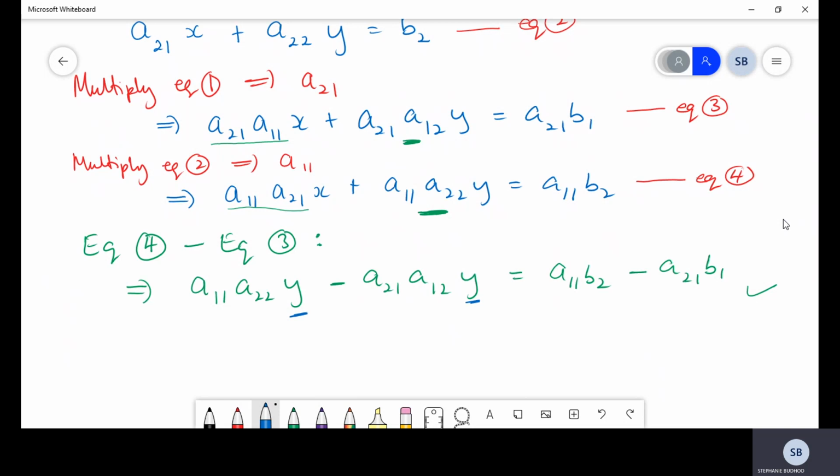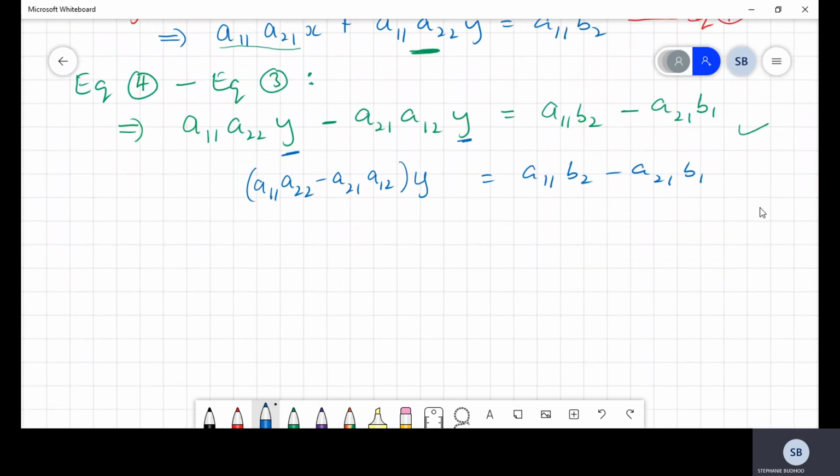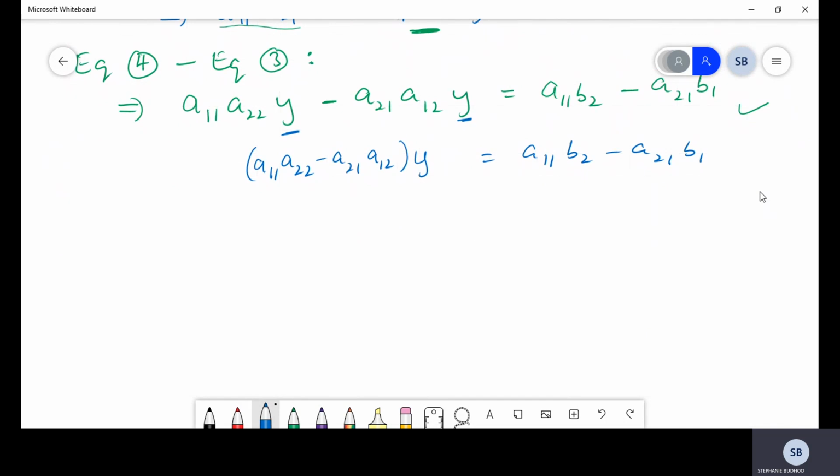All right, guys, so what we want to do is factorize. We want to factor out that y, and we want to write those remnants in brackets. So you'll have A22 minus A21 and A12. And on the right-hand side, we have A11b2 minus A21b1. And then finally, to make y the subject of the formula, it will just be equal to